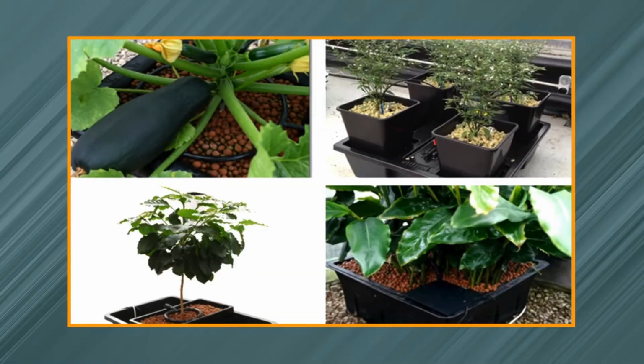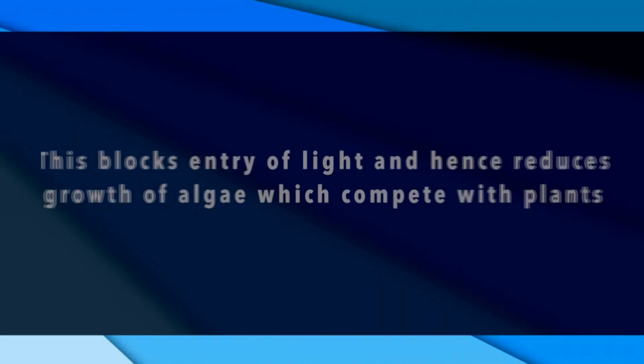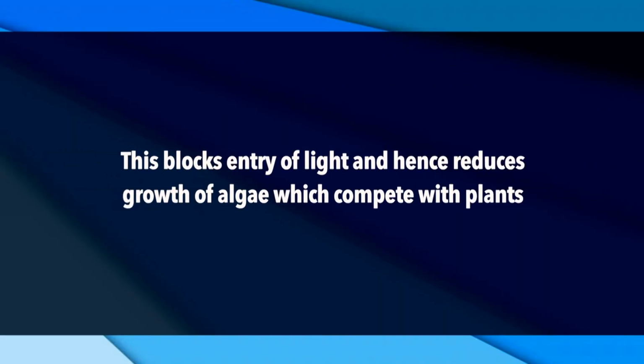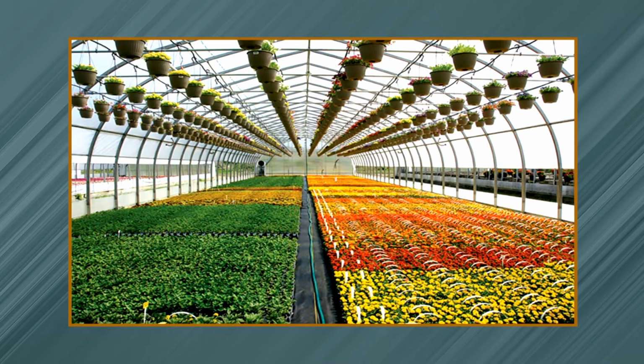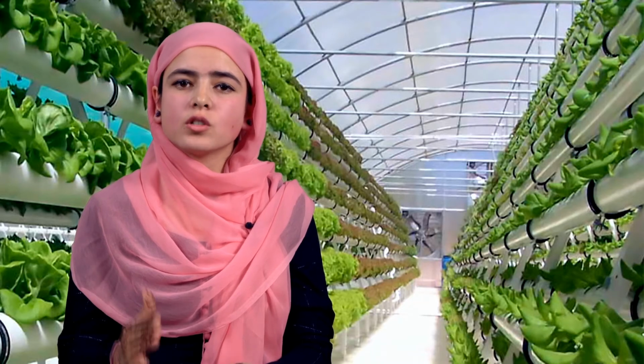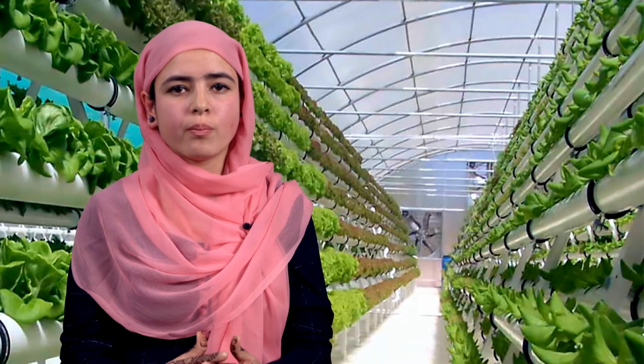In some cases, the container containing the plants is wrapped with an opaque material or painted black. This blocks the entry of light and hence reduces the growth of algae, which compete with the plants. Hydroponics is used in the commercial production of many greenhouse crops. In some cases of commercial hydroponic culture of plants,